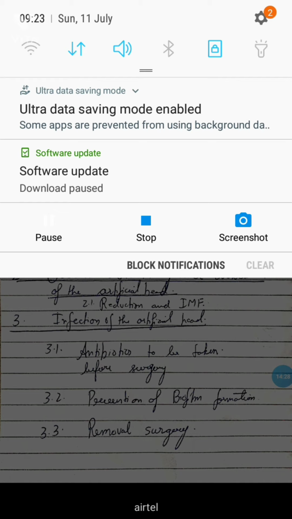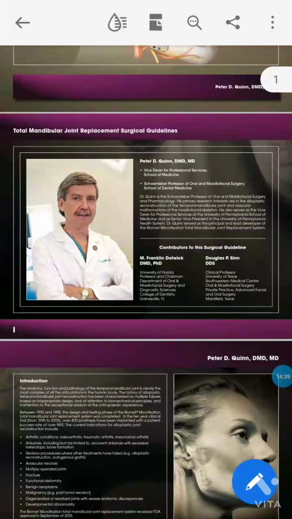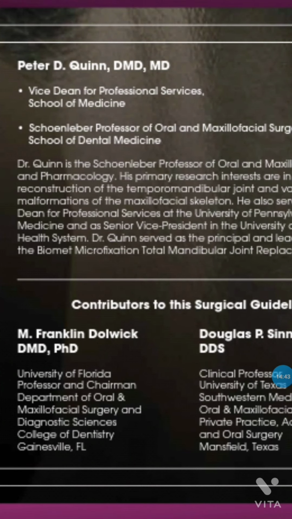As he has shown right here, the first part is the exposure of the ramus. This is then followed by exposure of the zygomatic arch. First the ramus and second the zygomatic arch. Then exposure of the entire joint.